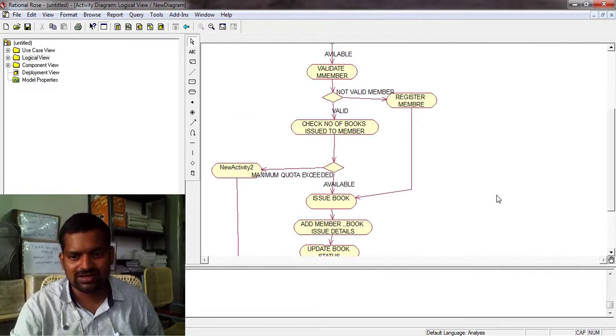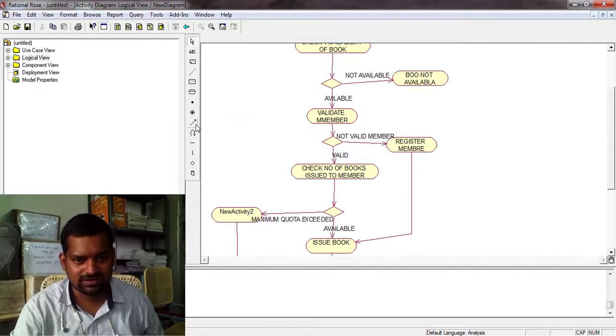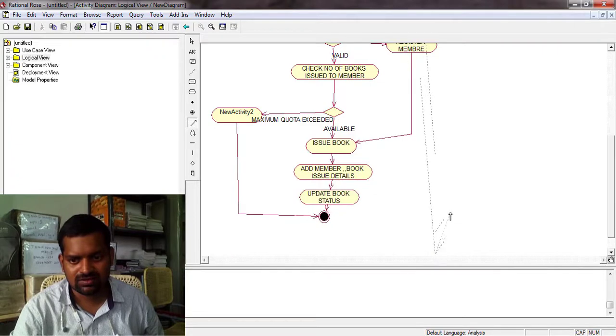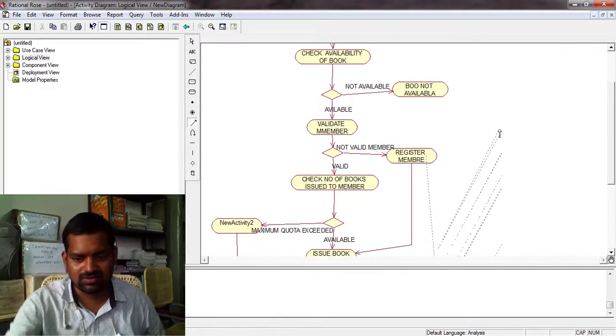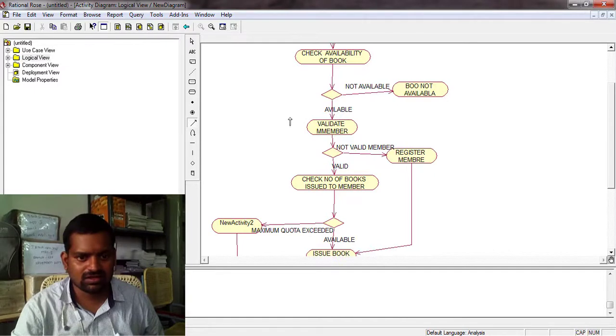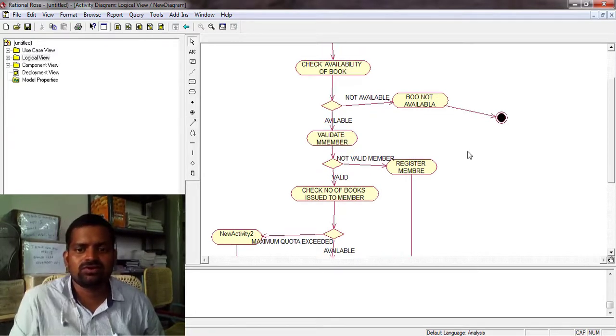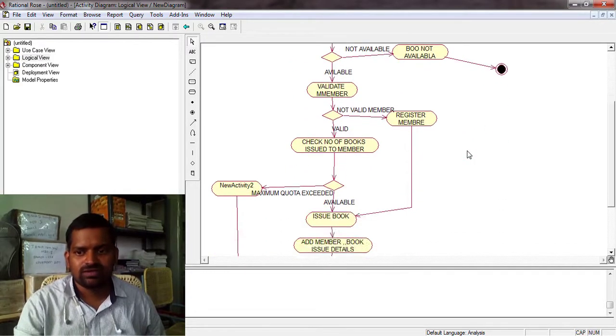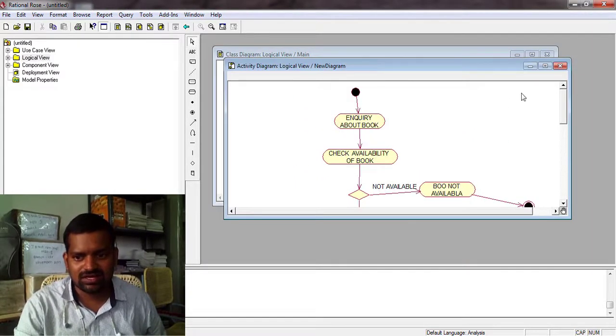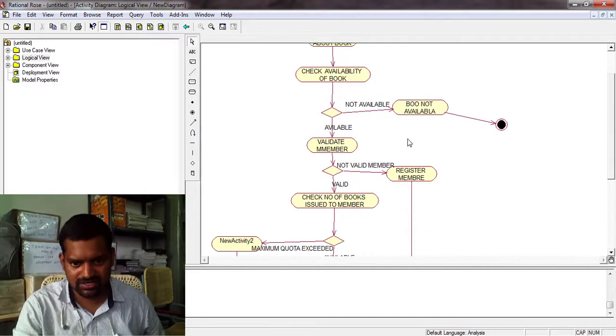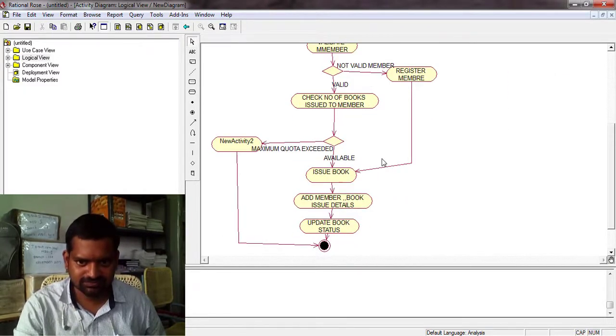You simply draw "book is not available" here. Or otherwise, you represent the end symbol from here to here. Book not available, go to end. So this is the activity diagram drawing in the Rational Rose system.